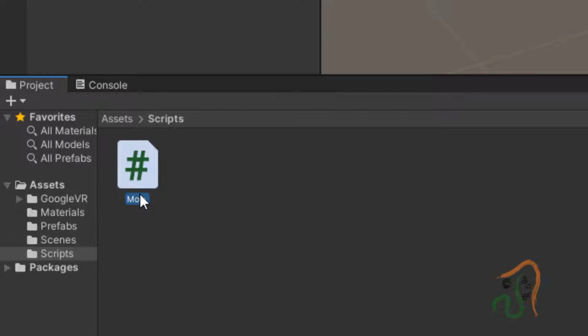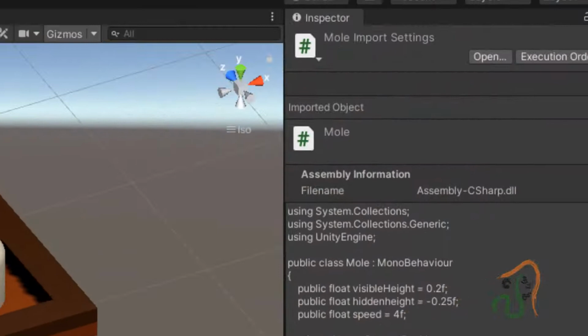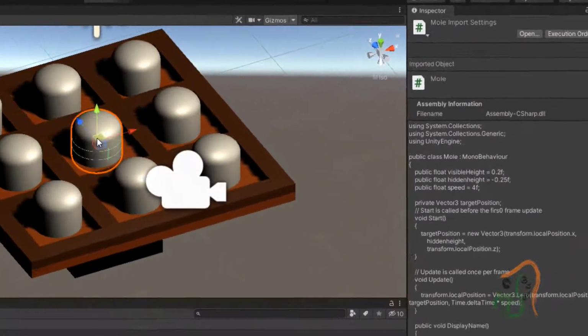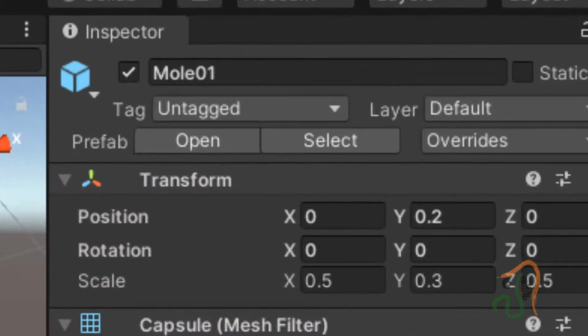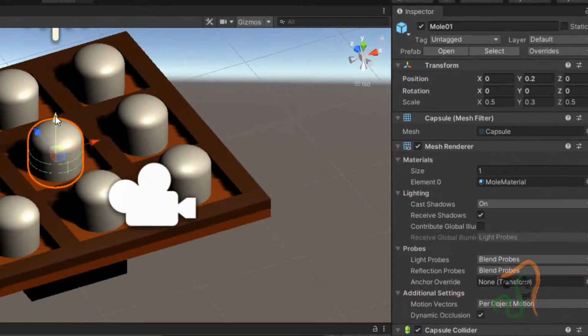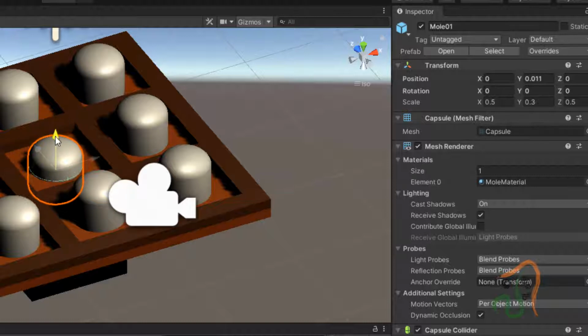Before we start with the script, select any of the mole objects. The initial position along the y-axis of this mole object is 0.2. Now we want this mole to go in. How much should it go?